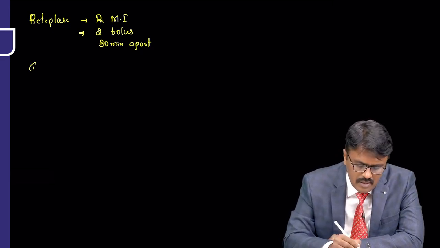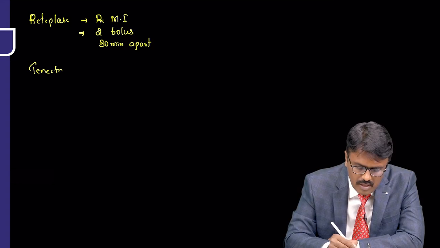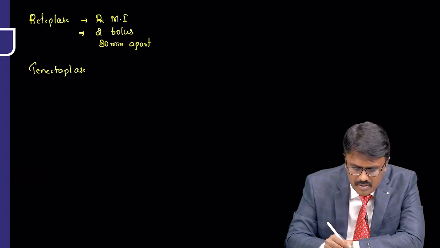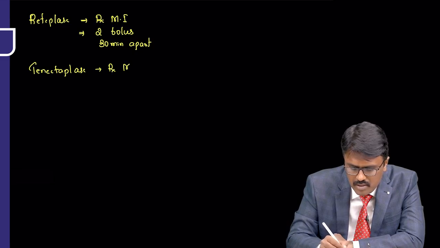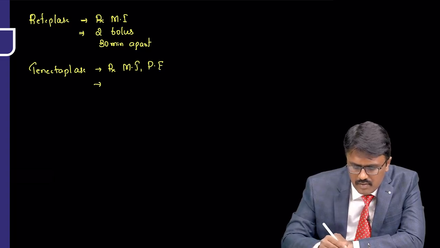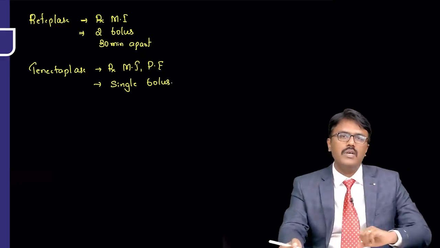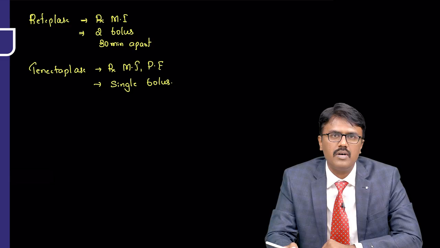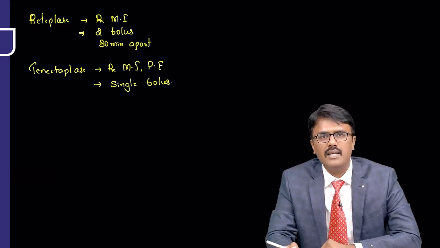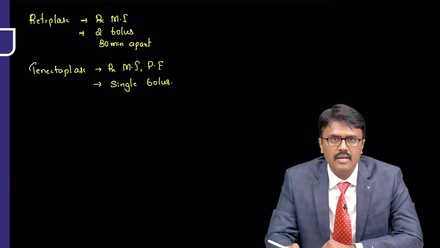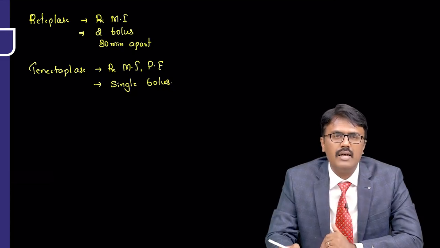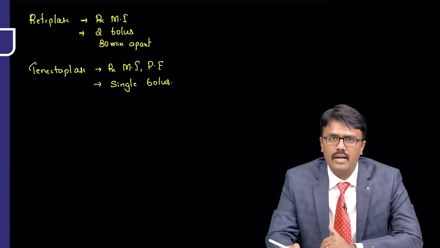One more drug is tenecteplase, which is a bit longer acting. Tenecteplase is used for management of MI as well as pulmonary embolism and it is given as single bolus. So these are the fibrinolytics we use in therapies. Streptokinase and urokinase are older ones. The problem is allergy and the risk of bleeding is higher. The newer ones are alteplase, which is given as continuous IV infusion, reteplase 2 bolus, and tenecteplase is given